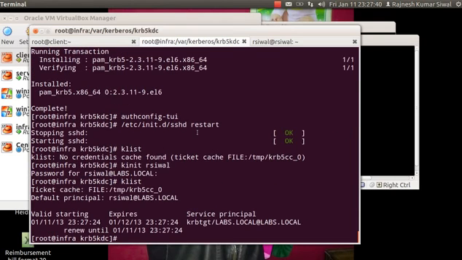Now if I type klist, I can see that the Kerberos server or the KDC has provided me a ticket granting ticket, which was issued on 11th Jan 2013 and expires on 12th Jan. So the Kerberos TGT is going to be available for the next 24 hours, and we can get it renewed before it expires. Now if I try to SSH to this server,